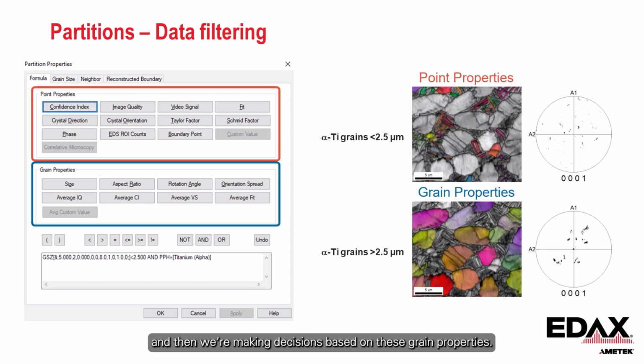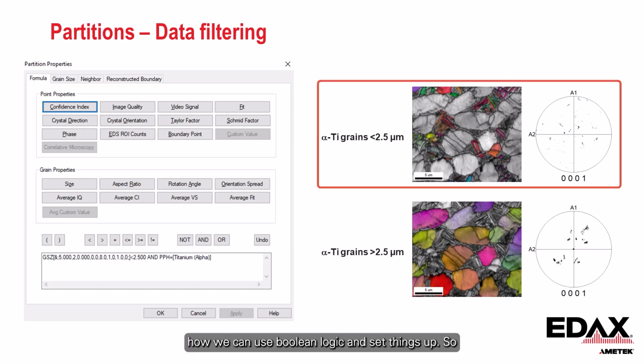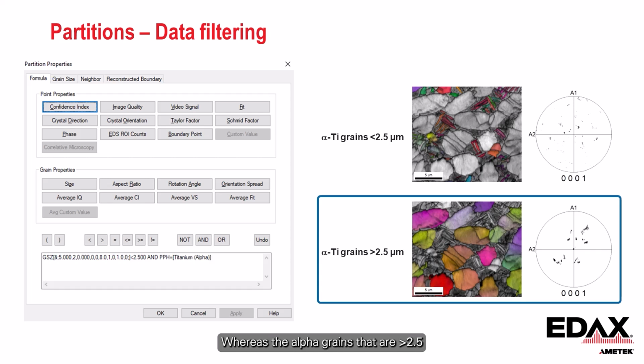these grain properties. And so you'll see in our partition window, we can define the grain size grouping algorithm here in the grain size tab. And we'll talk about that when we have the video about grains. But this is just an example of how we can use Boolean logic and set things up. So here we've defined the grain size range as less than 2.5 microns, and it's the alpha phase. So points and grains that meet that criteria would show up in this partition, and we can do analysis just based on this. Whereas the alpha grains that are greater than 2.5 microns would be defined and give us a